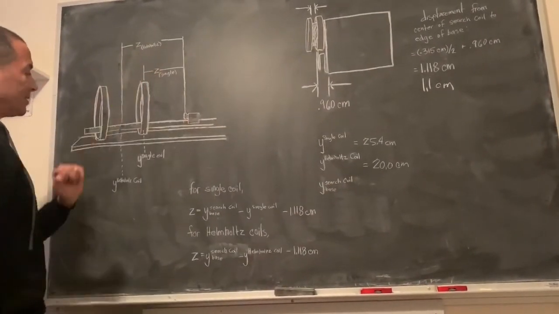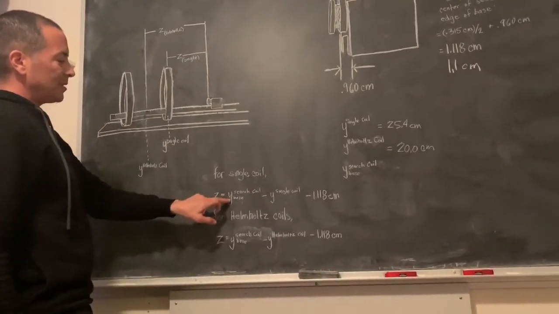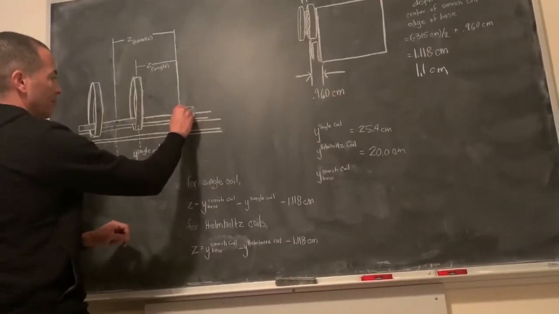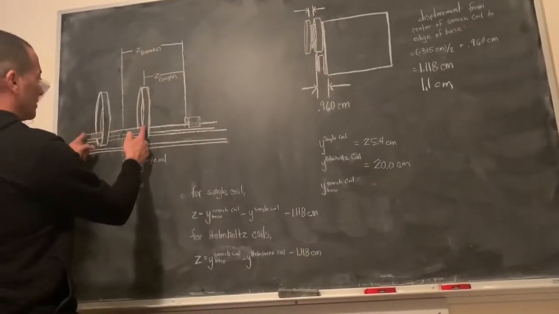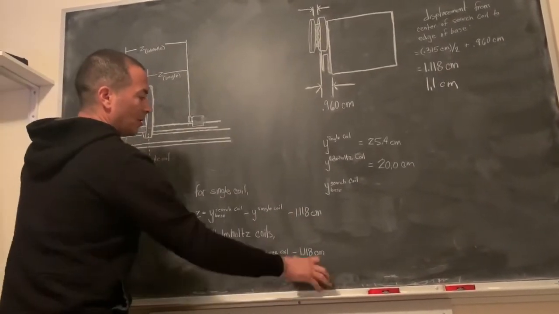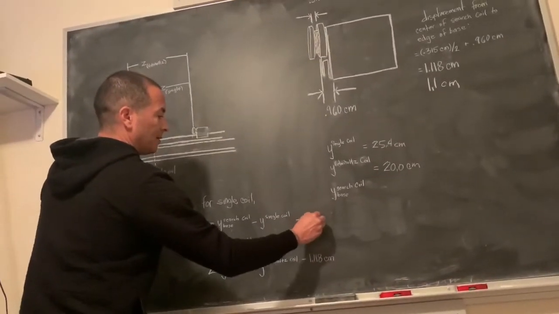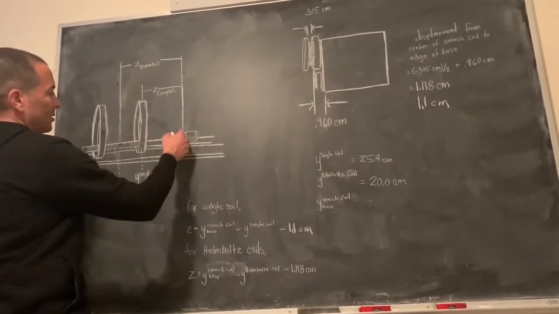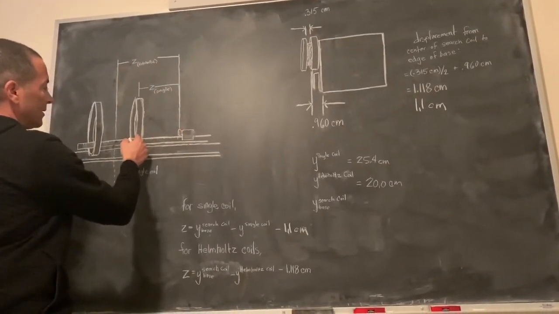So to determine what Z is, when we're using just a single coil, the Z value is the position of the surge coil base minus the position of the single coil, which is this distance here, minus the offset on the surge coil, which is 1.1 centimeters. So that's a precise location to the distance between the center of the surge coil and the center of that